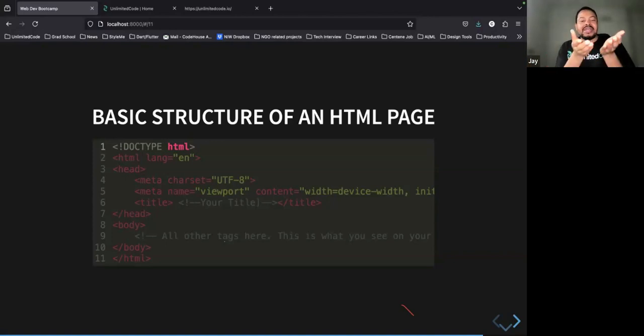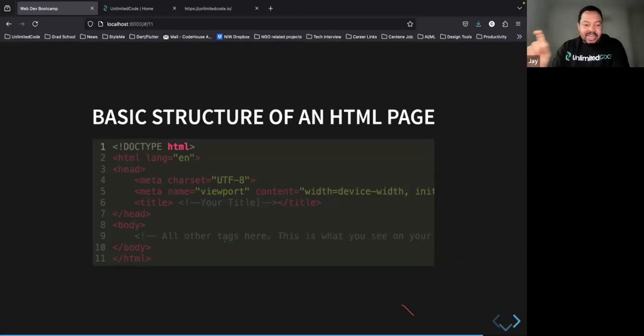You can't put this first line now as line 11. You can't put line 2 as line 10. So start having the mindset of a programmer, of a developer. You must follow the structure, how it has been designed. This is how you must follow this. This is the structure of an HTML page. So the first thing is for HTML5, you have that doctype